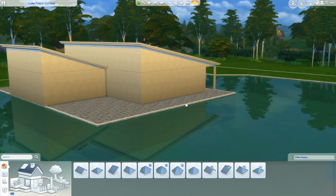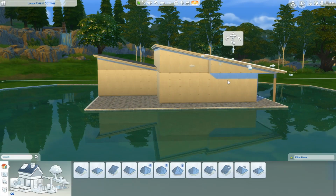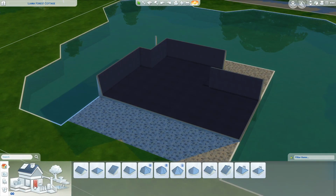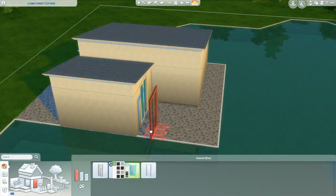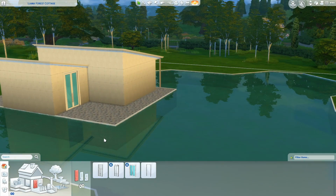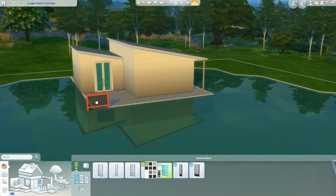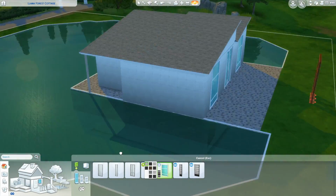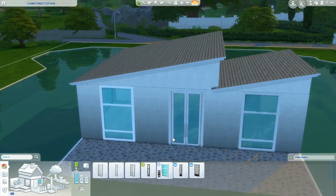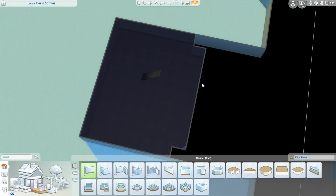And I went with a sort of modern look for the house. It's large, there's wonderful big windows, so you get lots of light in, you get the view of the lake that you're sitting on. The idea with that is where the house is